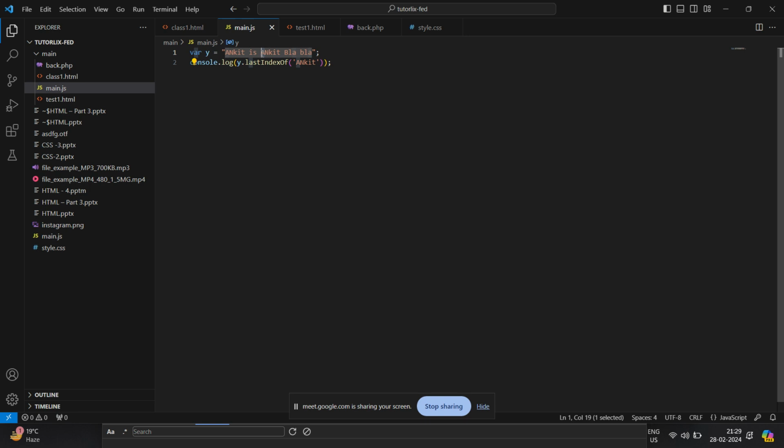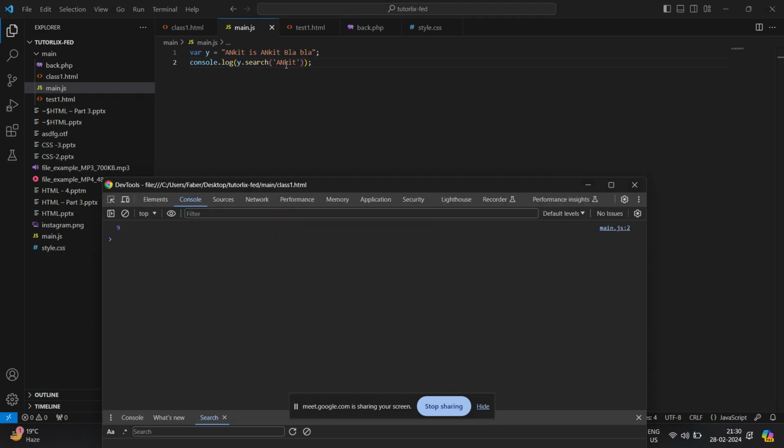Next is search. y dot search. If we do search, then it just gave you the first. So basically it just searches for, we can say, where exactly the word is. Okay. Another thing about search is that we can make use of regex in search. I'll be taking a